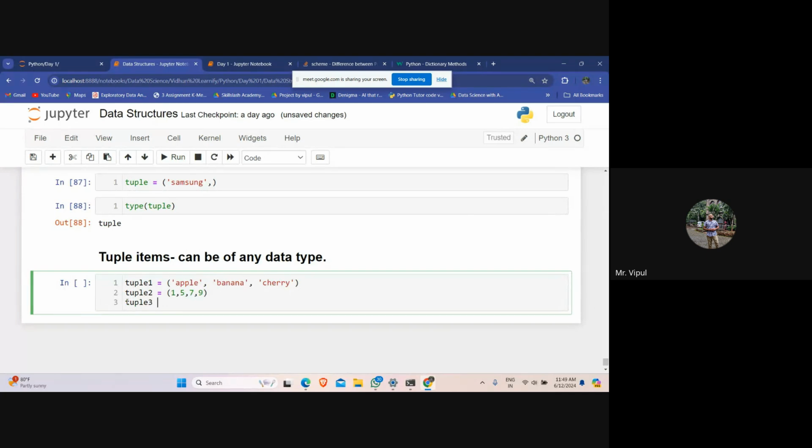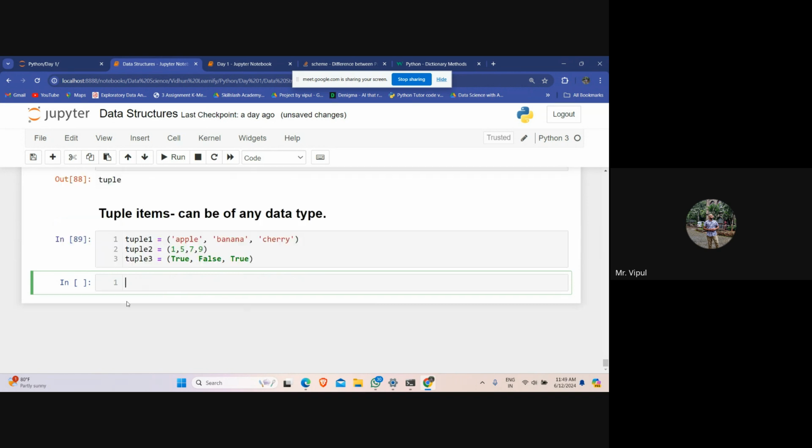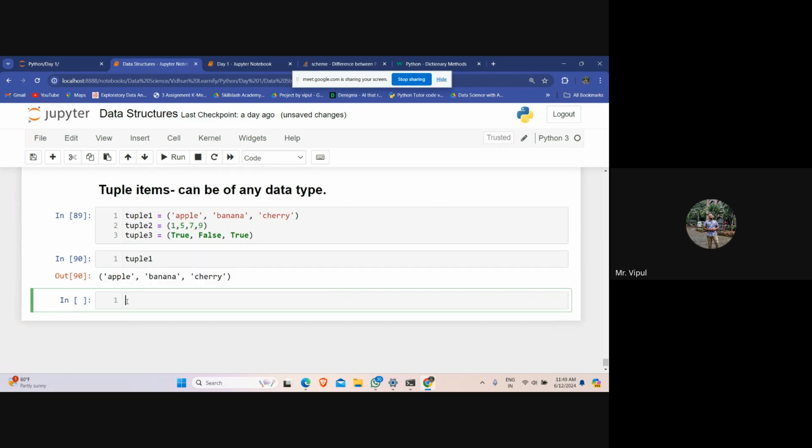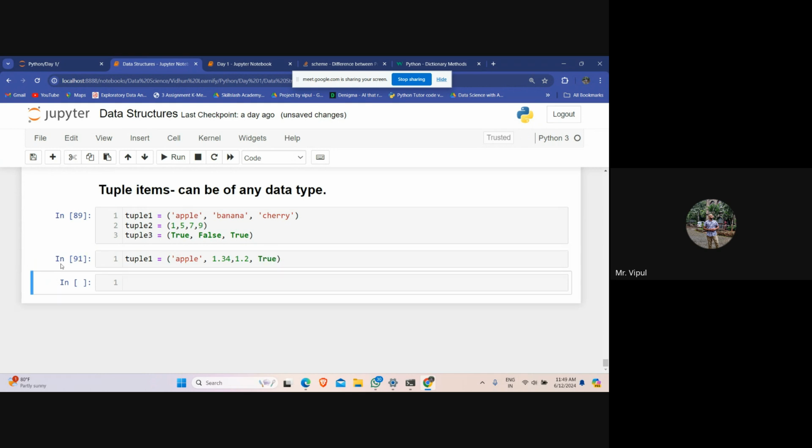Tuple 3, let's only use Boolean values. What if we create one like this, apple, 1.34, 1.2, comma, Boolean, right? Now, if you write down what is there in the tuple, this is what you have.